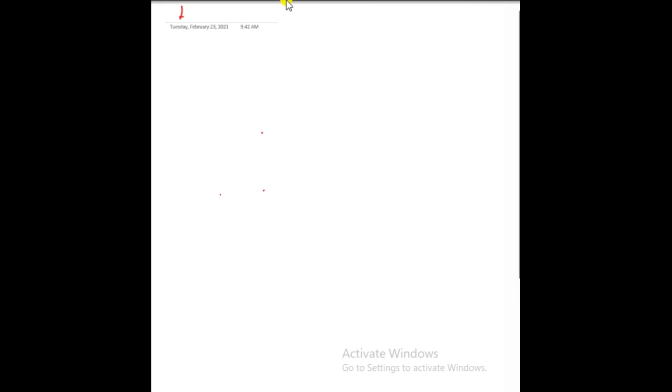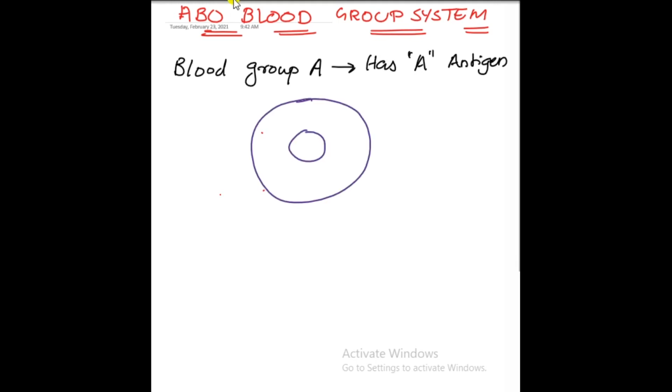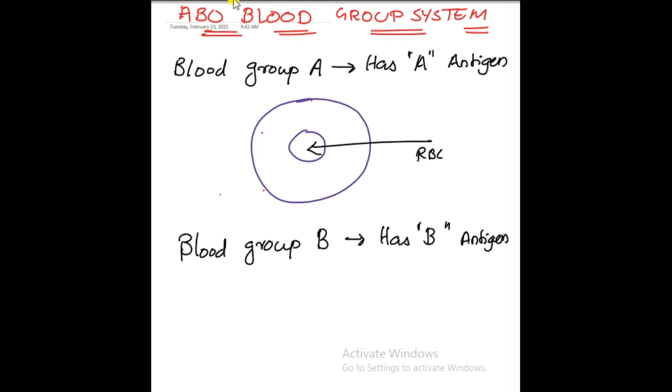In this section, we are going to discuss the ABO blood group system. This is a brief introduction of the blood group system. In this case, we are studying the antigens and its phenotype, its genotype, and blood group A has A antigen, right? If a person is coming with you and he is group A, which means that his RBC have